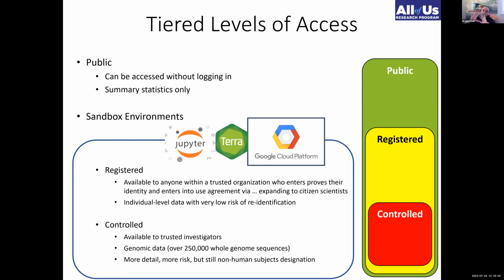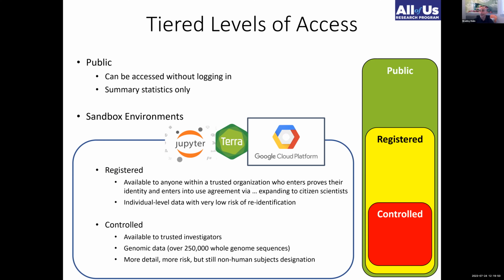So that's set the stage for the registered tier. Then we more recently created the controlled tier. This came out late last year, where registered is expected to be like the beta zone, where we're doing this with trusted organizations first, and then we're going to be expanding out towards a broader citizen scientist set of groups moving forward. And then what we'll be left with is the controlled environment.